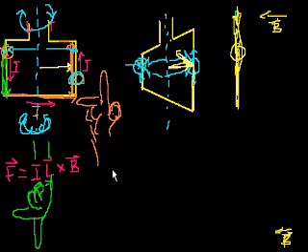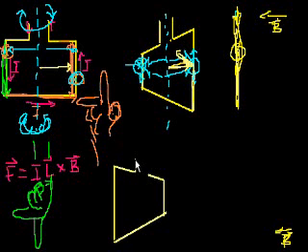I'll draw it neatly. Then it'll rotate to this point. Once again, I want to have the perspective. That's perspective. It'll rotate here. So let me just make sure I have it all. So here it was rotating in this direction and in that direction, right? And then here maybe there's no longer any torque on it, but it still might on the top be moving to the left and on the bottom moving to the right, up to a point that it's going to get into this configuration where this side